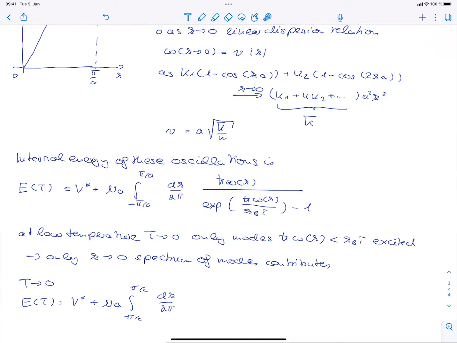so I now can take the linear relationship of the dispersion relation for small wave numbers, that I expect are the only ones to contribute at low temperatures. So then we have here vk, and the h bar is missing: h bar vk over e to the h bar vk over kBT minus 1. And that's now an integral that we can solve to find